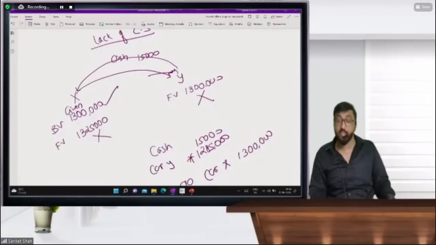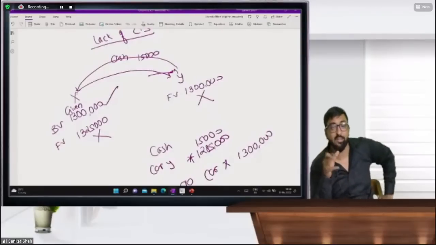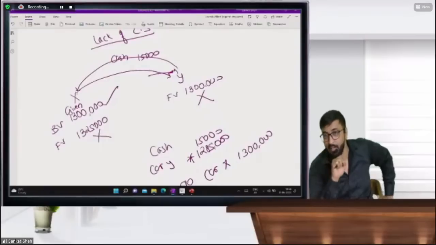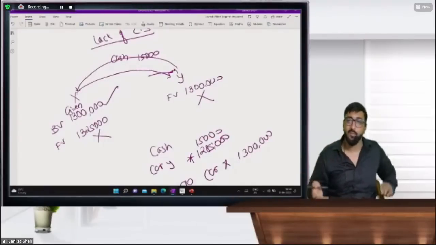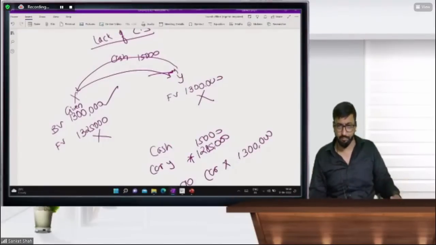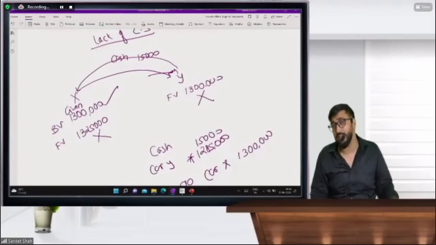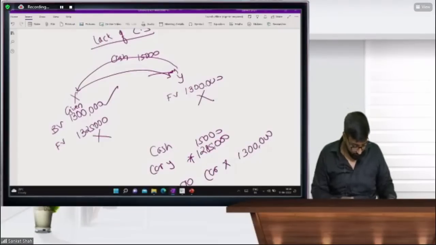Beta, if there is a commercial substance, it means you are getting satisfaction by exchanging those assets and you are getting something extra, then only beta there is a P&L. If you are not getting something in return, and you are just exchanging it with another asset, in that case there is no commercial substance, and if there is no commercial substance you won't record that asset at fair value, and if there is no fair value, in that case there is no P&L. You got this concept, beta? Okay.